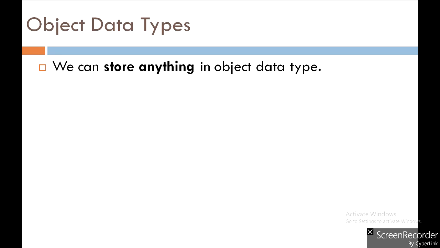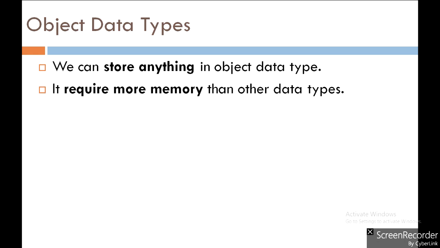We use object when we do not know at compile time what data type the variable might point to. The default value of object is nothing. Object data type always uses 4 bytes in computer memory, but this does not include storage for the data representing the value of the variable. It uses the pointer to locate the data.